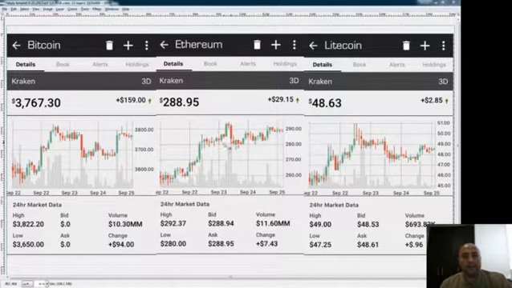But Ethereum went into the W with a bigger bear trend, meaning it lost more value, or at least that is what it looks like here in the graph. It lost more value than Bitcoin. Then LiteCoin also lost value, and at that point it was kind of similar in percentage to what Bitcoin was doing. However, it did not recover like Bitcoin did, because if you notice right over here,